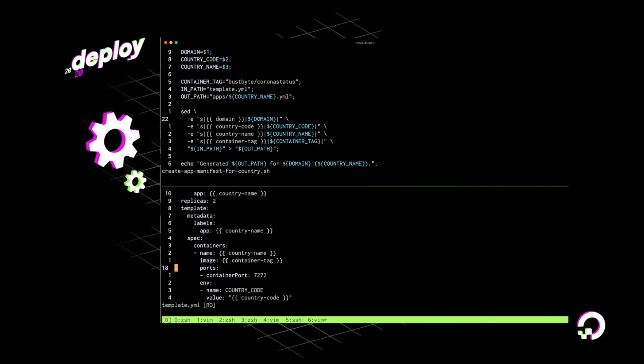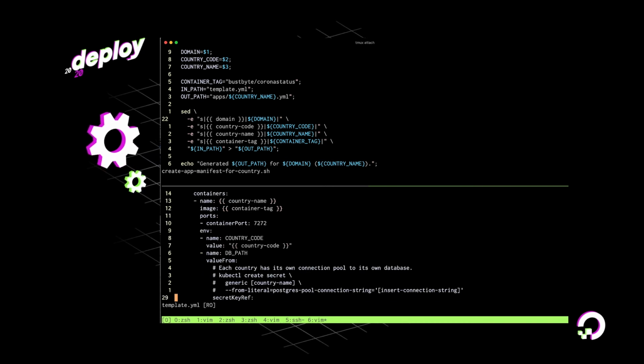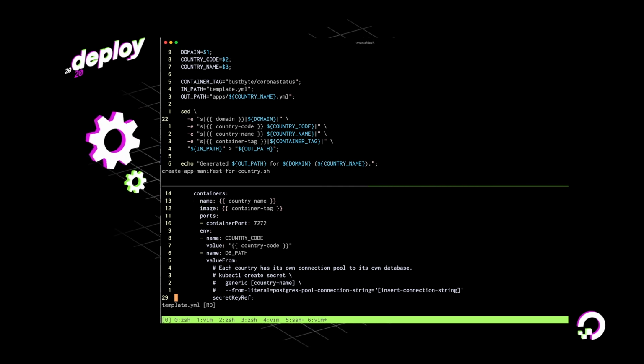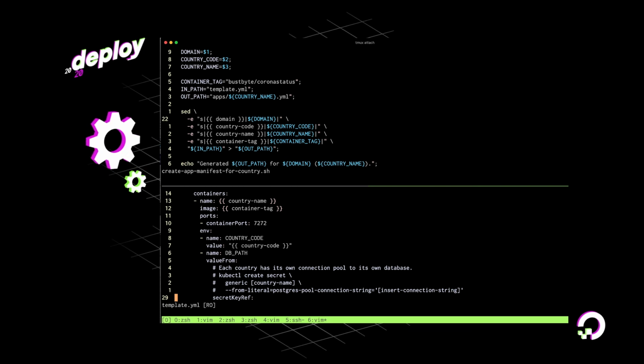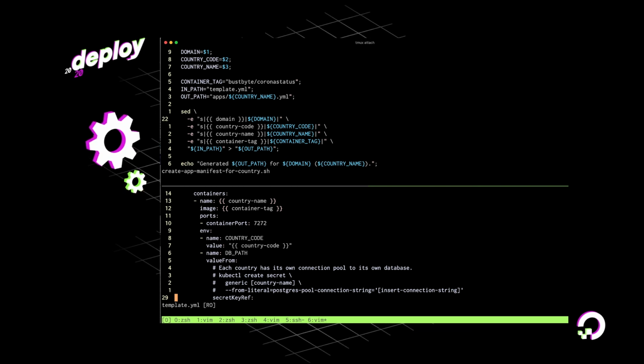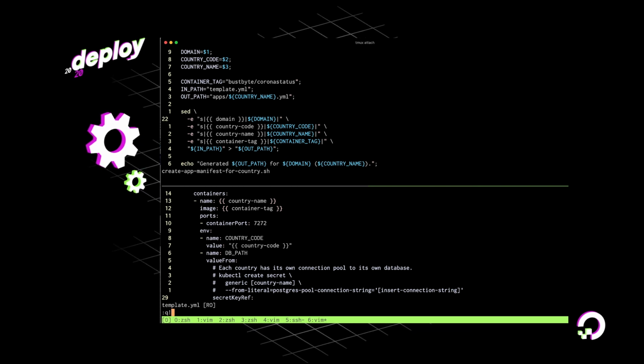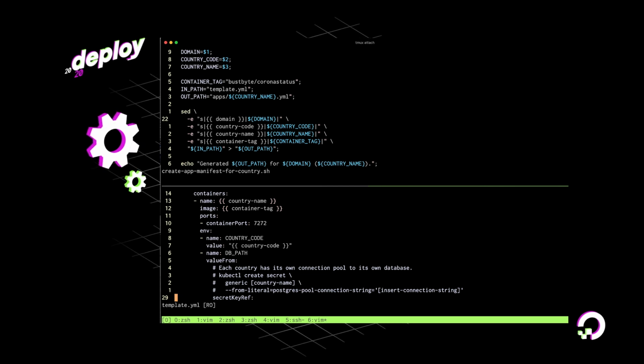And then we also have a container tag, which is identical for all the sites. So this is a poor man's version of Kustomize, which is a Kubernetes tool. But we didn't really feel like using that. We were just in business for something simple.